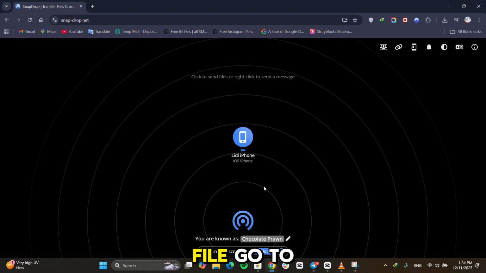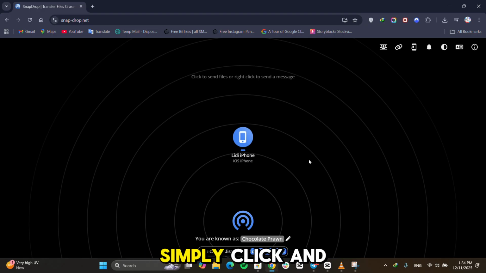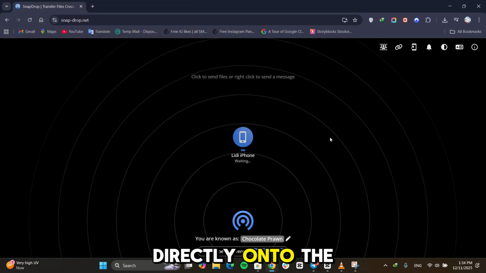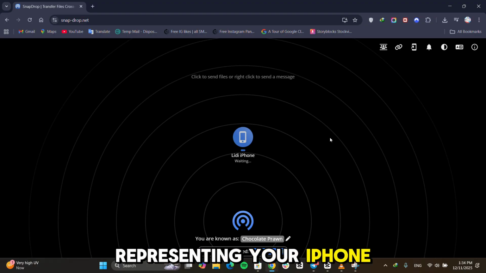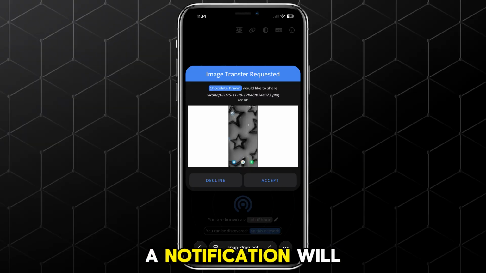To transfer a file, go to your PC's Snapdrop window. Simply click and drag any file from your desktop or a folder on your computer and drop it directly onto the icon representing your iPhone. You can drag multiple files at once. Immediately, a notification will pop up on the Snapdrop page open in Safari on your iPhone, asking if you want